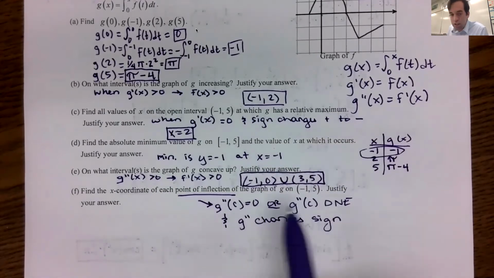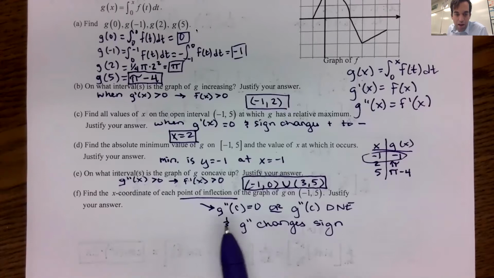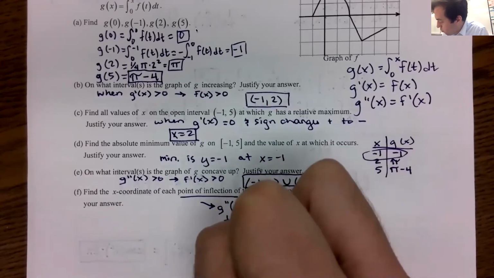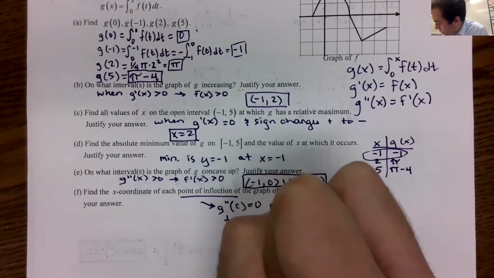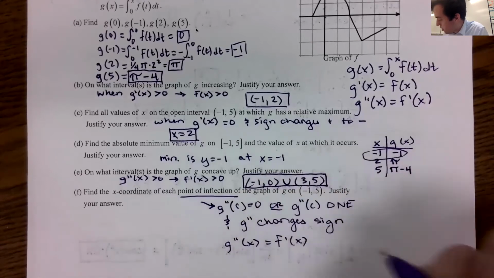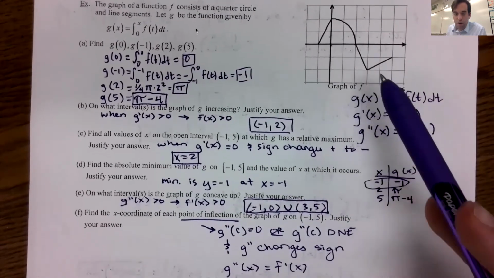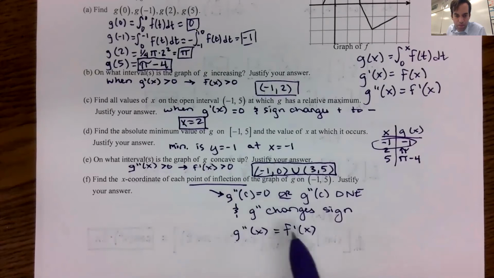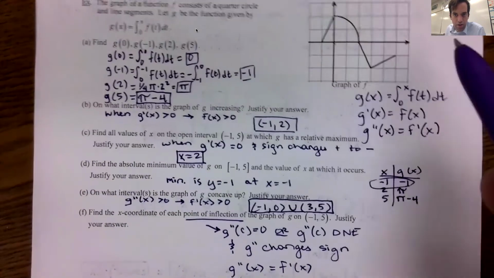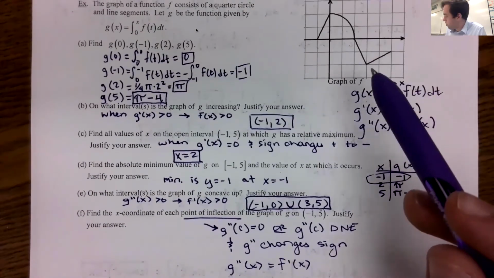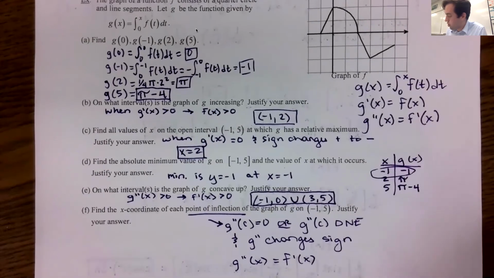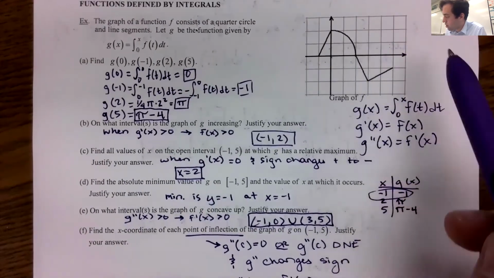In our language or in our graph, that means f prime. And so we know that g double prime equals f prime. So we're going to be looking at our graph and looking for when the derivative of this graph equals 0 or doesn't exist. So the potential options are